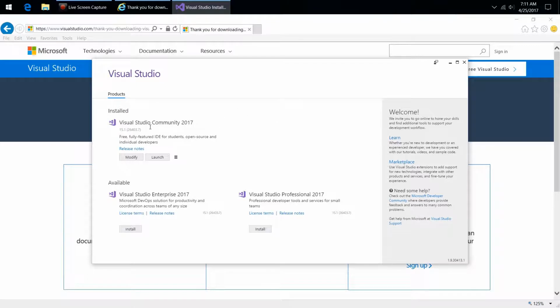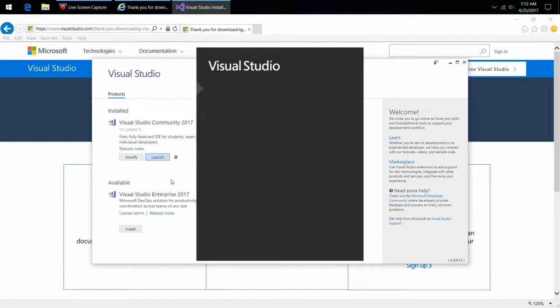Okay, so this is finished up. You can see here modify. That's if you want to go back and add some other things. And see, this is the free version, community. So what we want to do is launch. Now before I click on this, sometimes it can take a little bit of time for this to come up. So just be patient when you click it, and don't click it again. I've also done that before and it wasn't pretty. I've clicked it twice. And somewhere soon is going to be where you need to create your